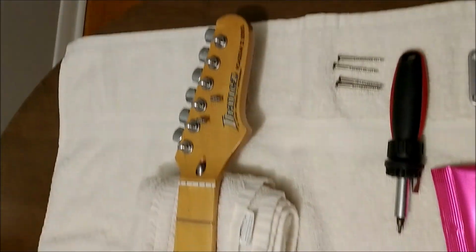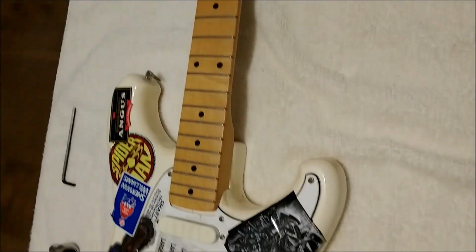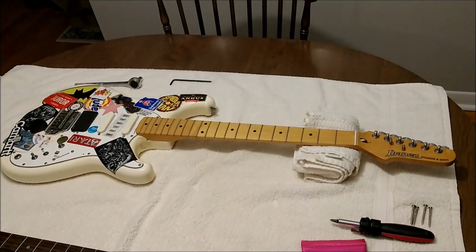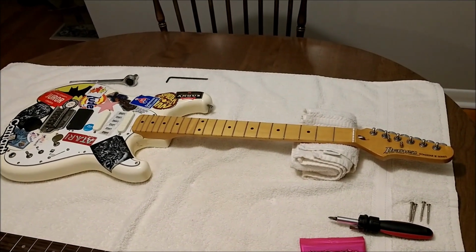Now would you look at that? Now that is the way it was intended to look. Minus the stickers, but hey, whatever. All right, cool. And also, just to give you an idea, all that gunk on these washers that go around the tuning keys right there,